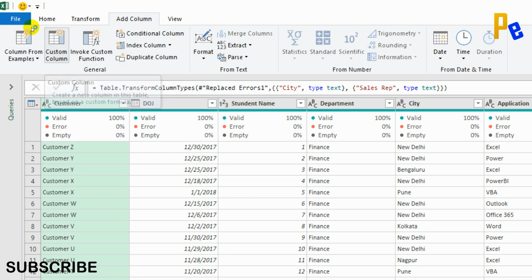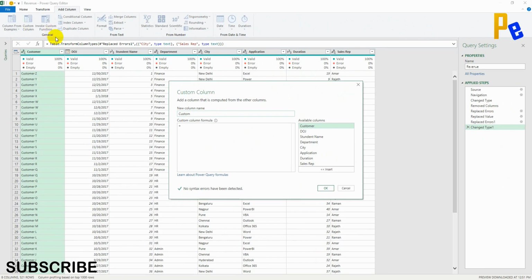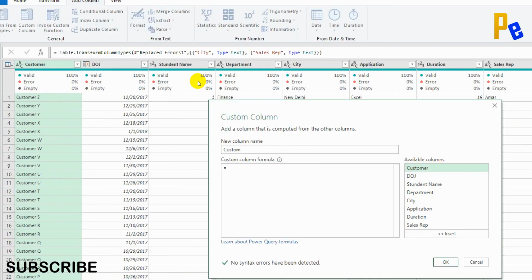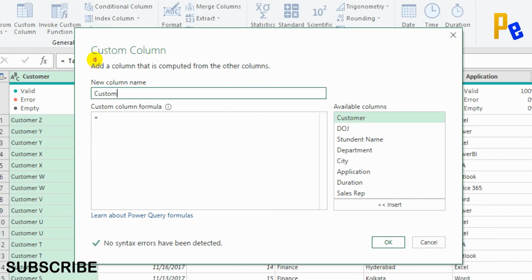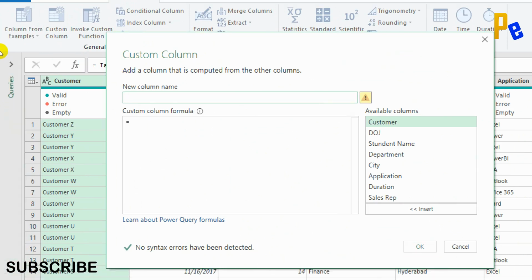If I select the custom column option, I will get a dialog box where I need to type the if condition. It's simple M query. I need to change the name of the column to fees collected. I can call it revenue, otherwise I can call it fees collected. There I need to type the code. If you know basic VBA if conditions, or the basic if formula in Excel, you can understand what I am typing now. The syntax should be in small case in this current context. So, if